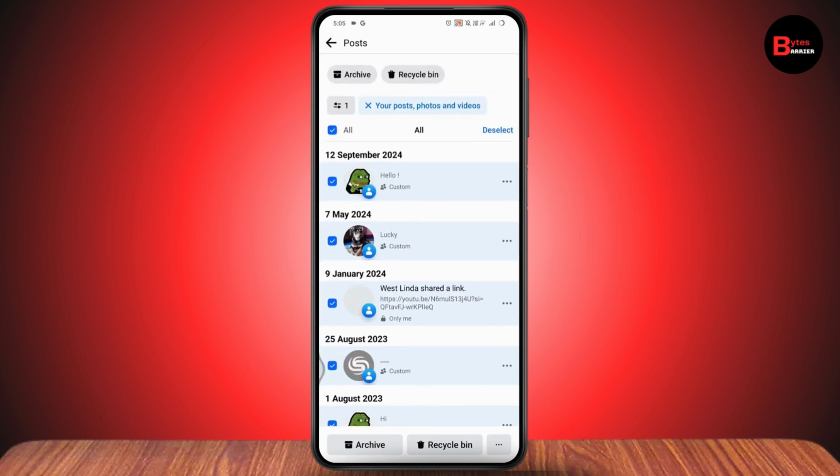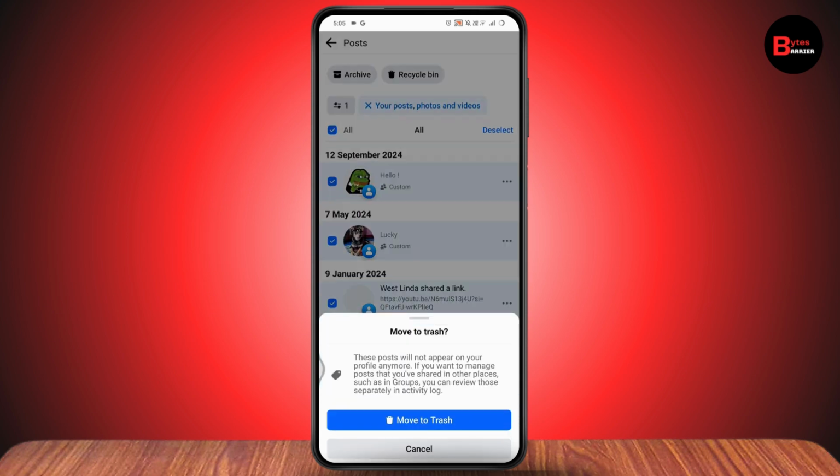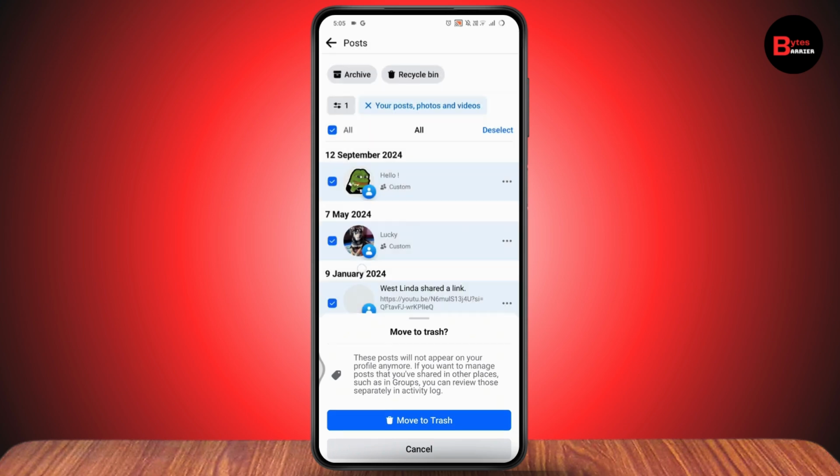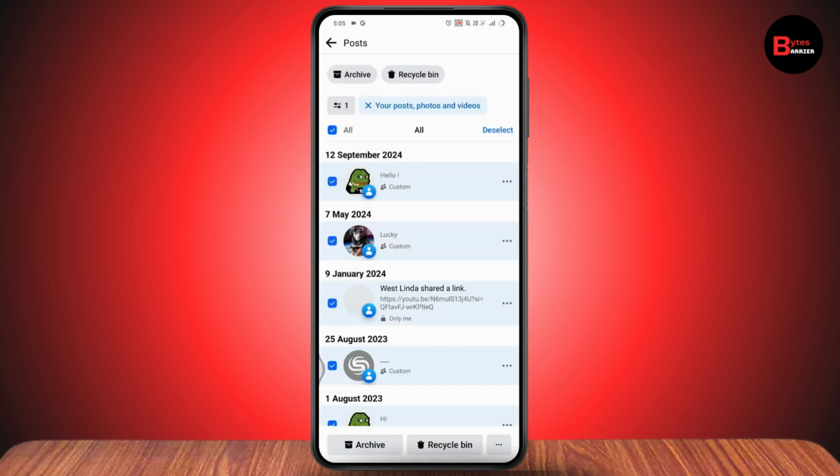Now go with recycle bin, which is on the bottom, and tap on move to trash, and all of this post will be deleted. So that's how you can delete all of your